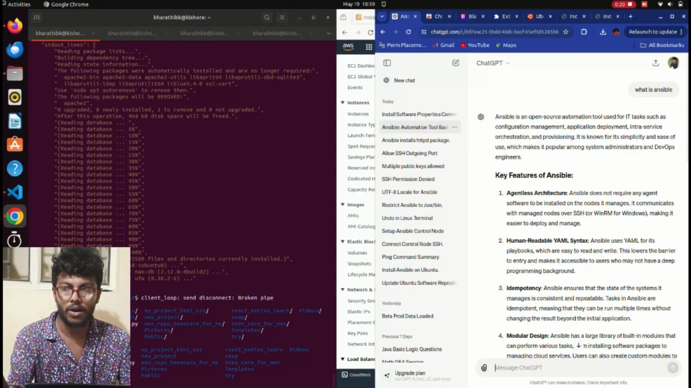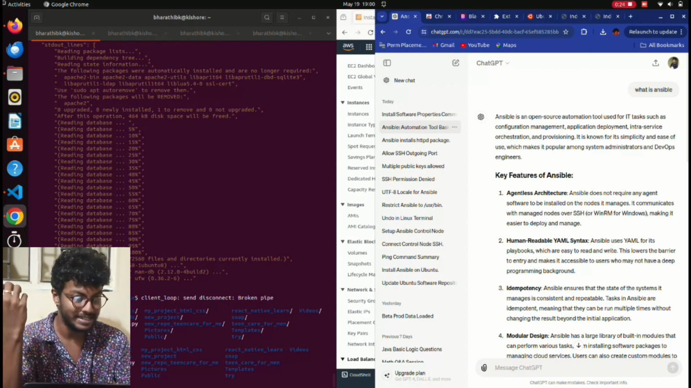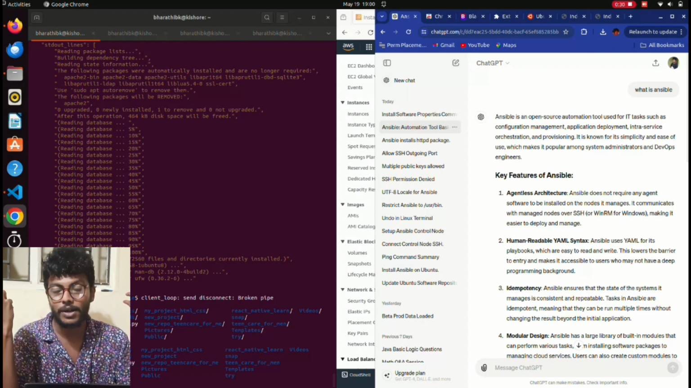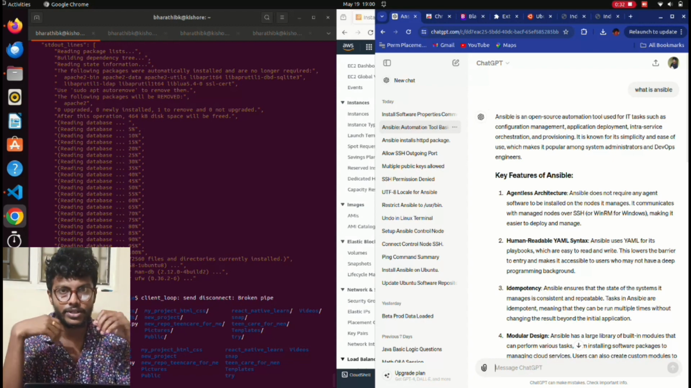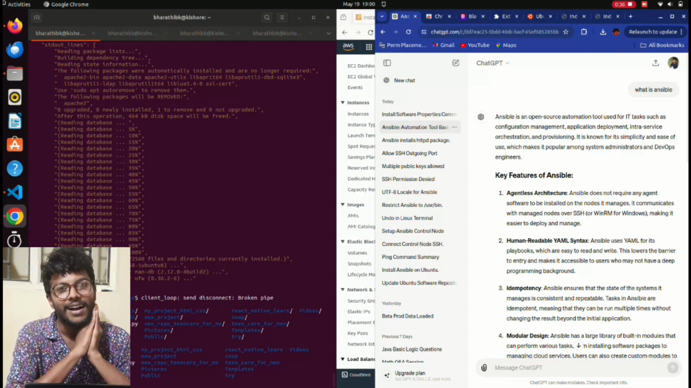Today is day 26. Okay, what is Ansible? Ansible is an open source automation tool used for IT tasks such as configuration management, application deployment, infrastructure architecture and provisioning. It is known for its simplicity and ease of use, which makes it popular among system administrators and DevOps engineers. So if you don't understand what Ansible means,